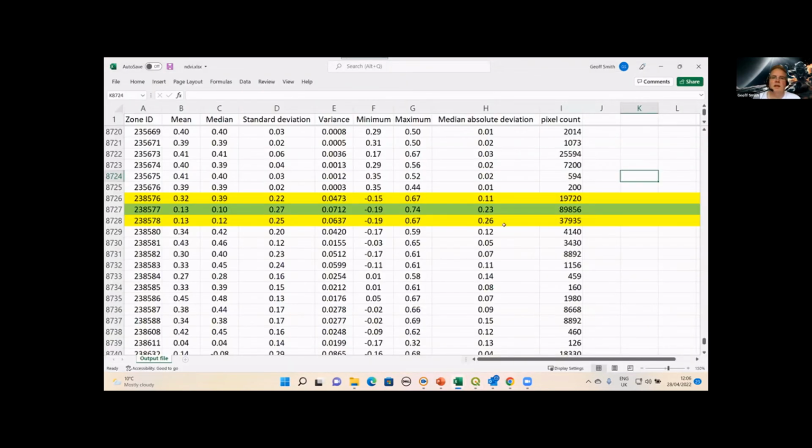And this is our second yellow polygon down here. What we can see here is that the mean now is significantly less. So this is 0.13. But if we look at the minimum and maximum, they're not very different. So it's showing that the ranges of NDVI present in that polygon are very similar.